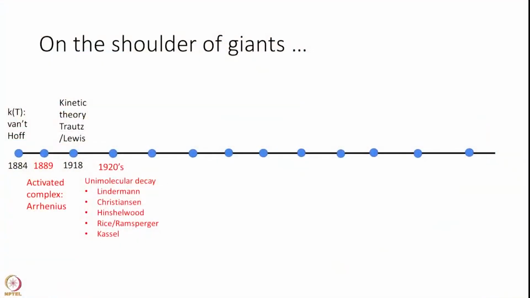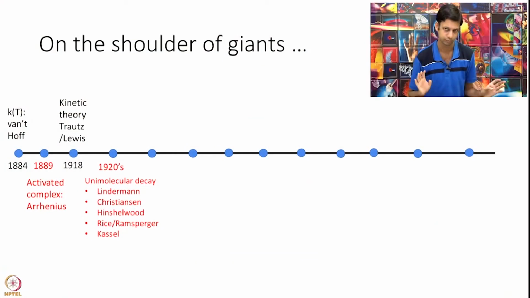1918 saw the first paper on calculating these rate constants from an atomistic perspective, actually getting a number out, done by Trautz and Lewis. It is called the kinetic theory of collisions, which we are going to cover in some detail in this course. The 1920s saw a lot of discussion on some of the simplest reactions, which are unimolecular. Bimolecular is somewhat more complex, with bonds breaking and forming. So, they said, let us start simple, we are beginning. A lot of focus was spent on unimolecular reactions, which turned out very insightful and developed our intuition of chemical kinetics a lot.